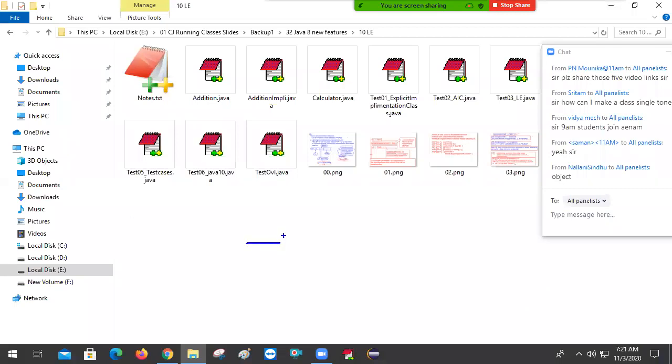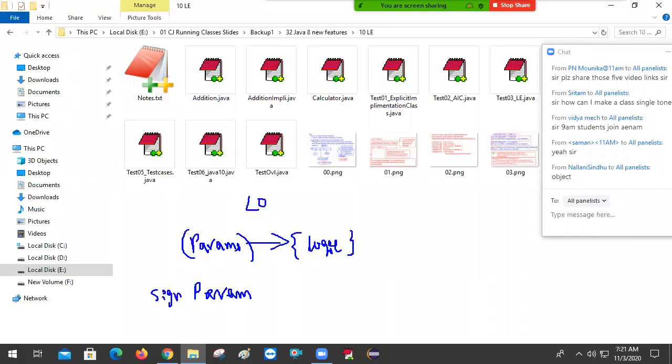We have an operator called arrow. This operator is called the lambda operator. It is a binary operator and takes two operands. Number one, parameters. Number two, body, with open and closed brackets, and inside you can write logic. For parameters, use parentheses, or for a single parameter, no parenthesis. With a single statement, no body braces.